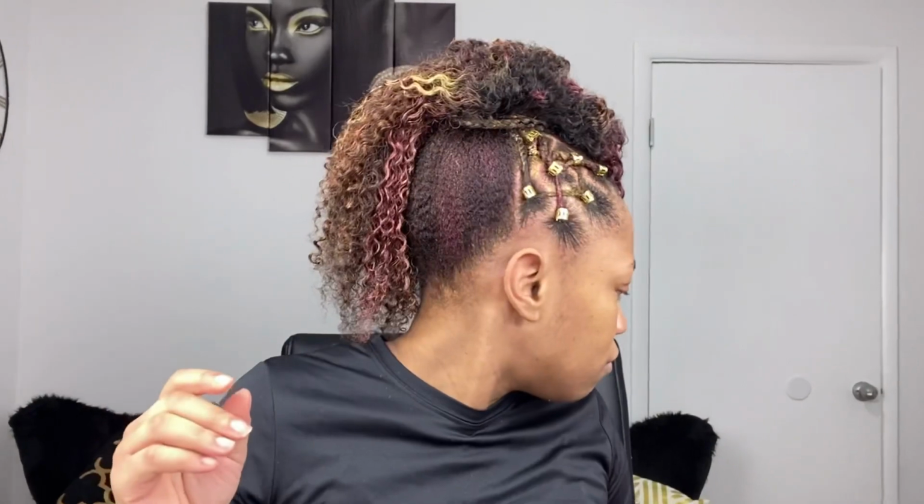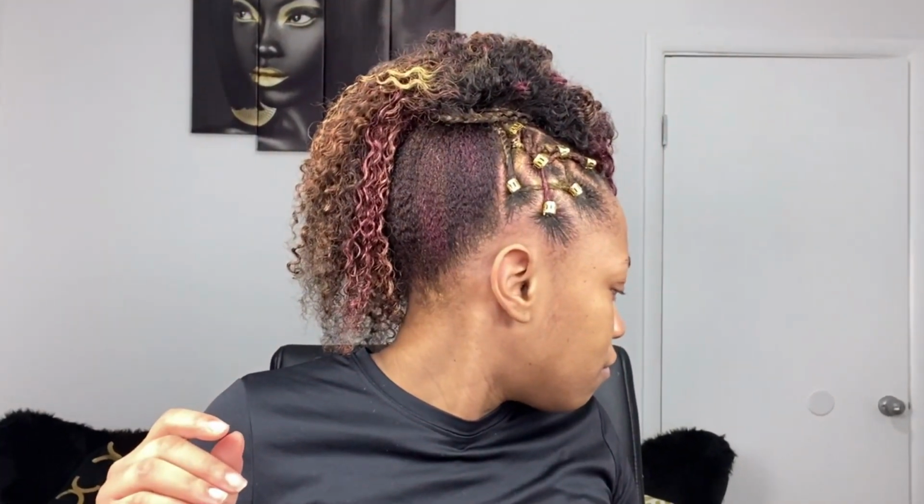It does make a little cast on the hair, a little hard hold, but it's fine. It doesn't bother me or anything. It doesn't show up as much over here on this hair, which I knew because I was applying product to it. And I had already learned from when I did my daughter's hair that,